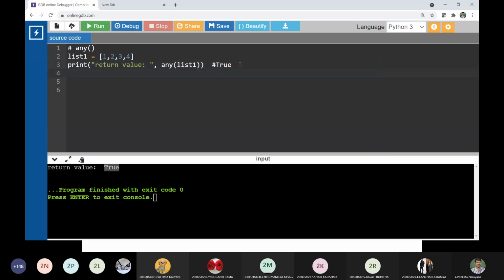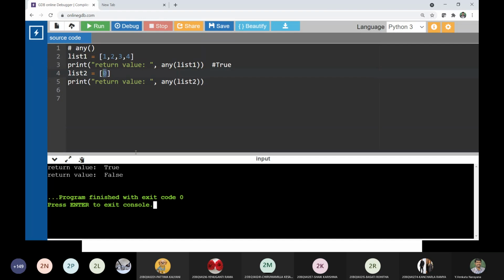Is this clear? In a similar way, see here, I am taking 0 as the value. What is the return value that you expect? False. Why false? There is an element 0, so let us check. See here it is false. Why?